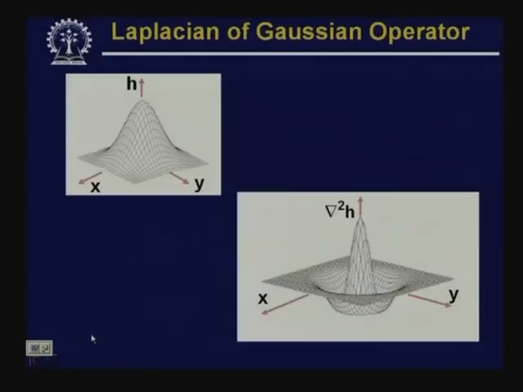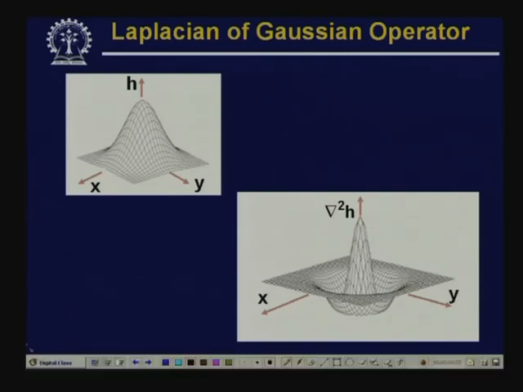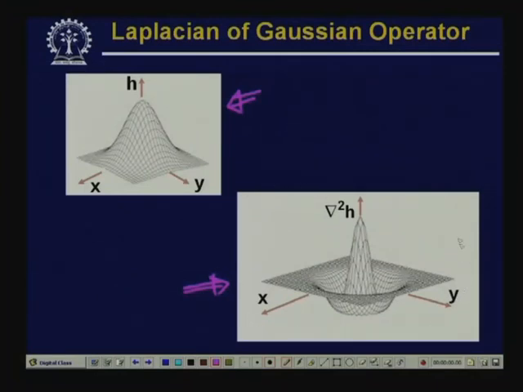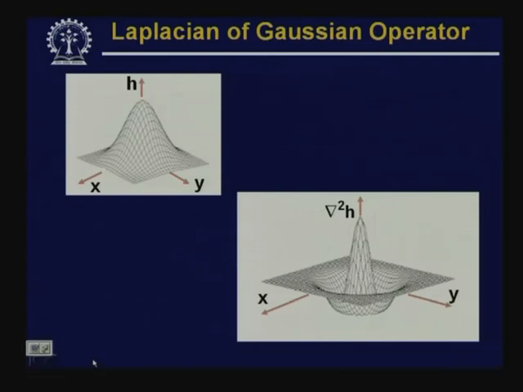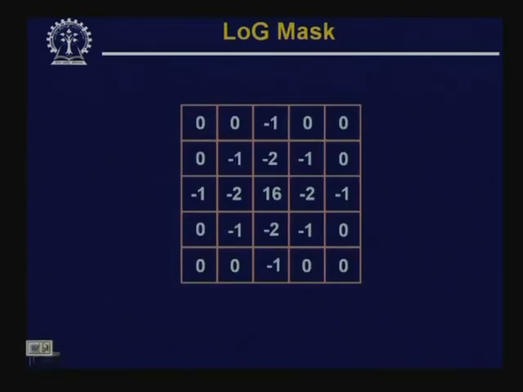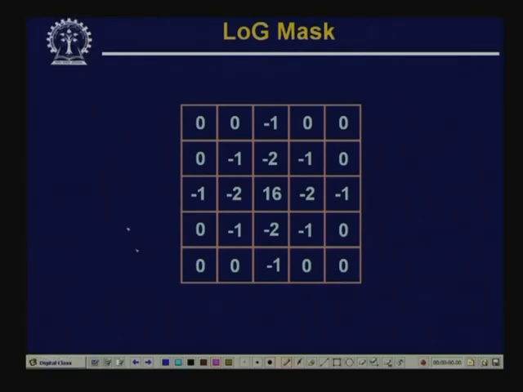Now, in this slide we have shown a Gaussian mask in 2 dimensions, and if I take the Laplacian of this, the Laplacian of the Gaussian will appear as shown here. This Laplacian of Gaussian can again be represented in the form of a mask, called a Laplacian of Gaussian mask. If I represent it as a 2-dimensional mask, the Laplacian of Gaussian mask appears like this. Here you find that our LOG mask is a 5 by 5 mask, and